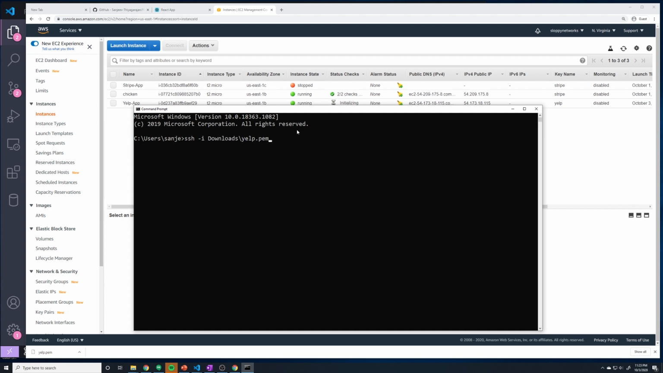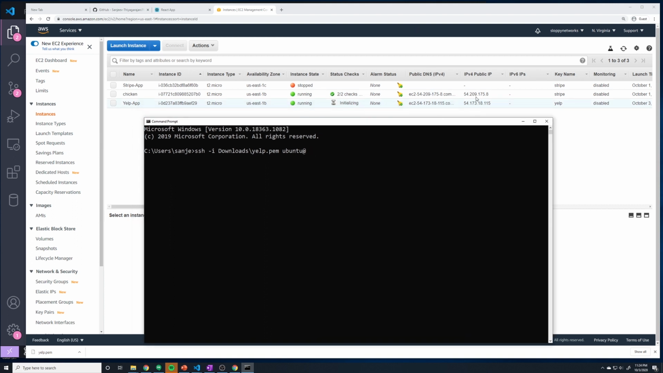All right, so now we have provided the path to our PEM file. Then we want to pass in the username that we want to log in as. And by default, on Ubuntu machines in AWS, the default username to connect to is always going to be Ubuntu. And then you do @, and then we have to provide the IP address or the public IP address of the machine. And within the AWS console, you'll see under IPv4 public IP, this is going to be the IP address of our machine. So we can just take that